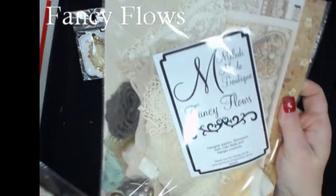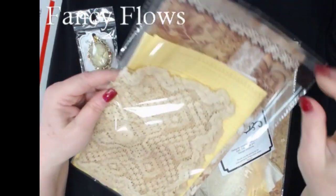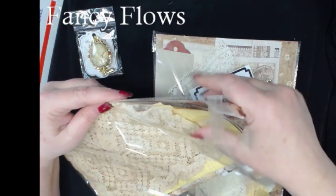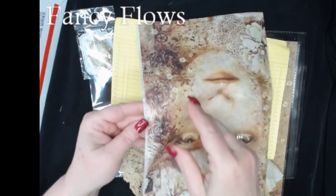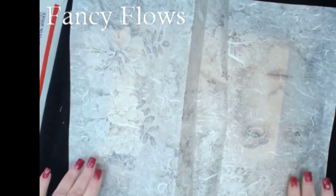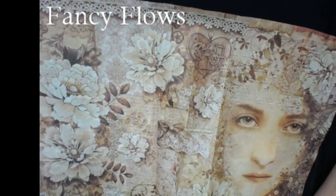It comes with this. This is the basic pack. And then this is the extras, which is a large rice paper that matches the other rice paper, but it's a very large version, which would be awesome